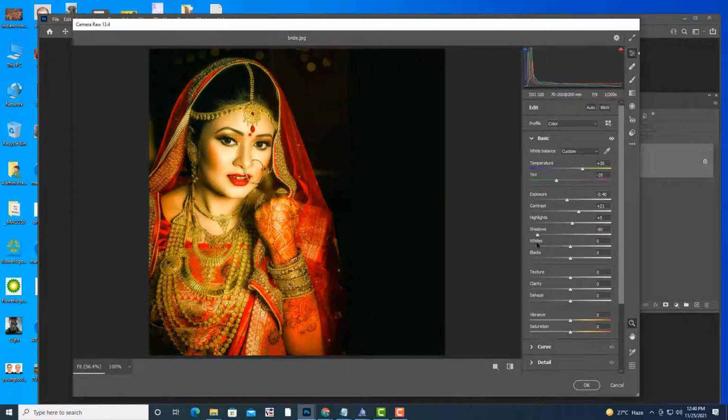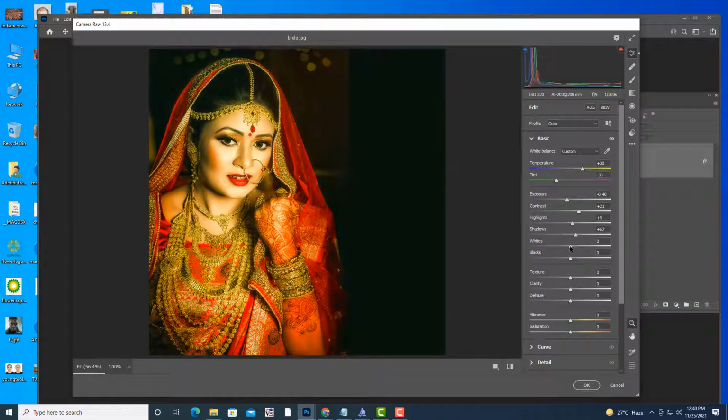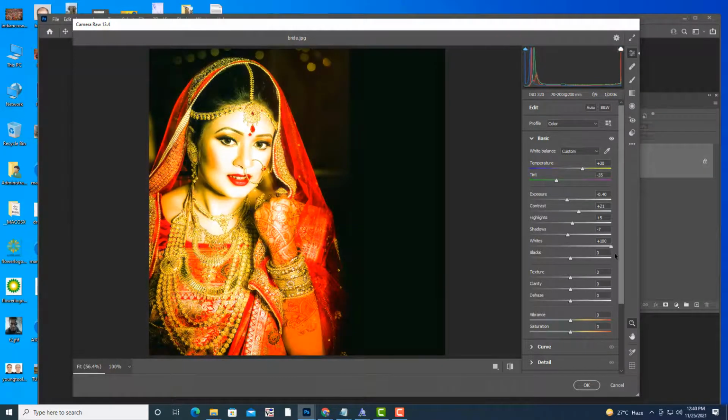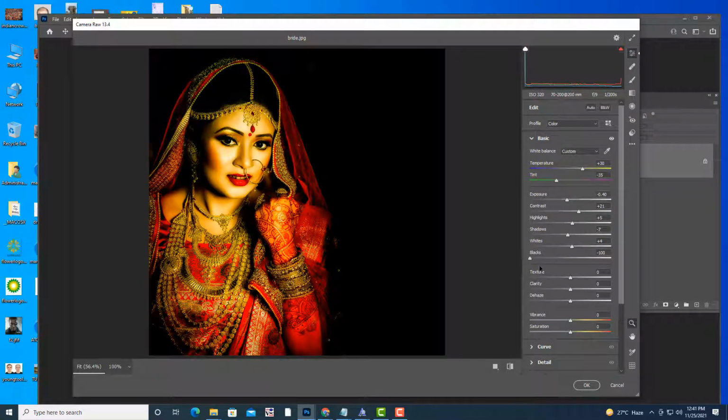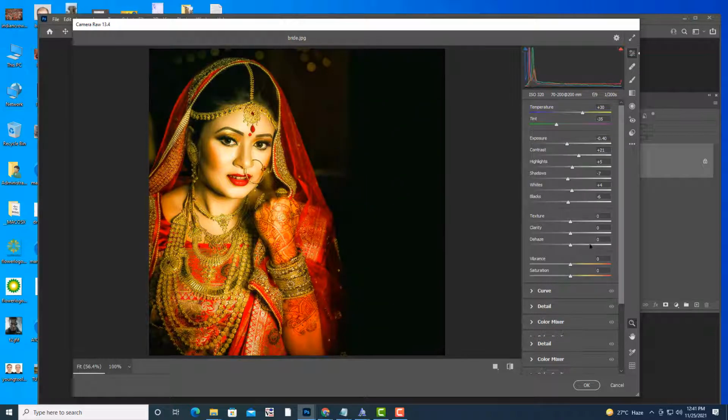Now the dark areas are getting affected. Whites. White becomes more white. The whites option is similar to exposure. Blacks. Something like that. Some of these options are there, and I will not tell you each and everything. We will learn some important things here.